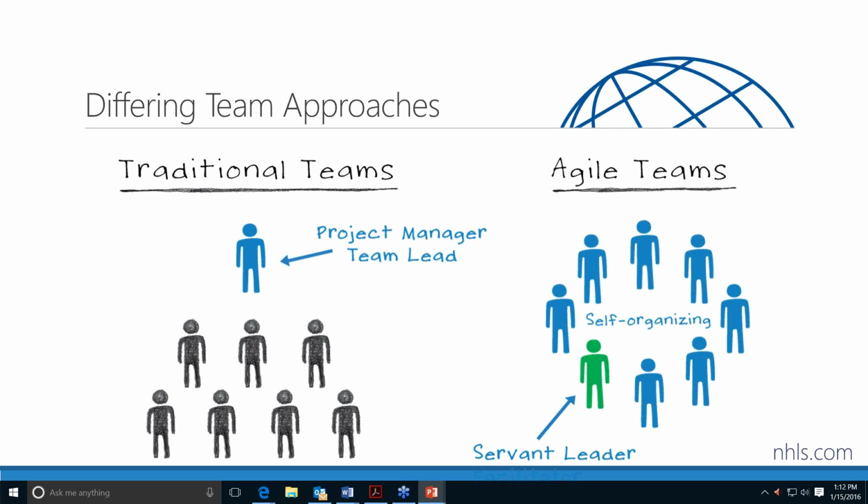In comparing traditional to Agile, in a traditional team we have a project manager who is responsible for the success of the project. The team members have been handpicked for their skills, their abilities, their knowledge. They all report to the project manager. The project manager uses these people as subject matter experts,